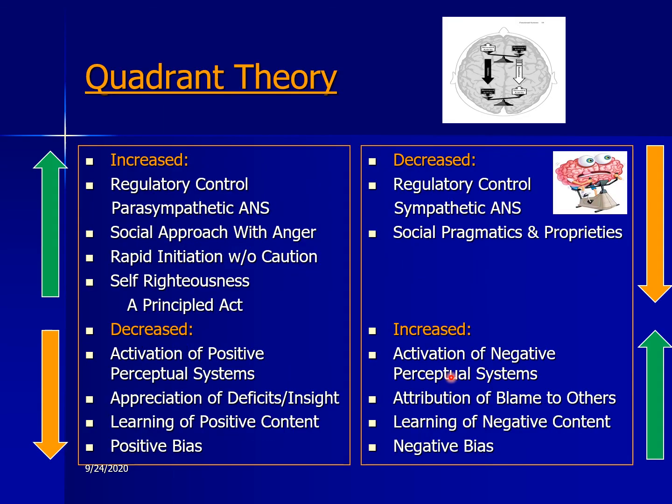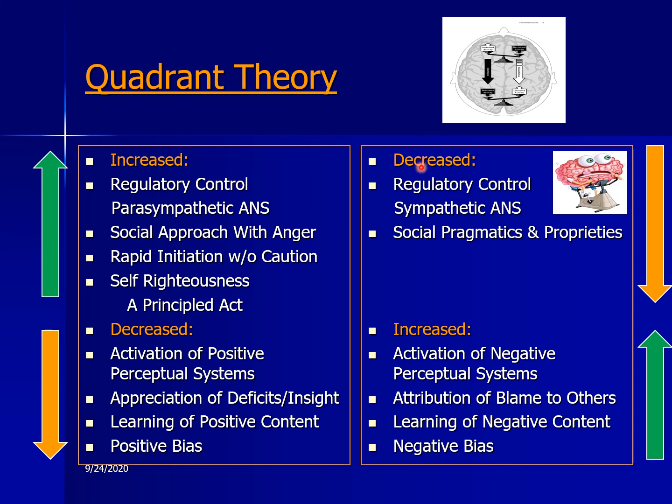Here's quadrant theory now. Remember, it starts out with balance theory, where if the right frontal lobe goes down, we expect a release of the left frontal lobe. If the right frontal lobe goes down, we expect a release of the perceptual systems in the back of the right brain, etc., etc. Okay? And now we have diagonal relationships that we can account for.